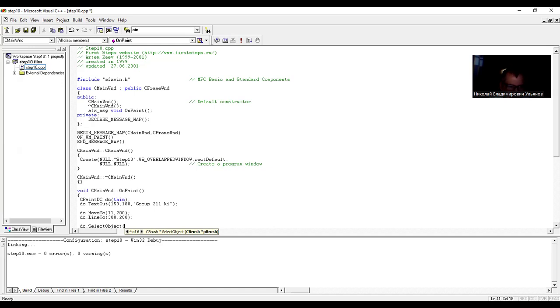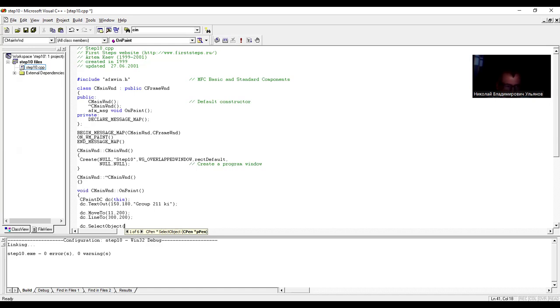We may select the brush, the background, for example, of some geometric figures, closed areas. We may select a font. And we may select even the bitmap. Okay, so to change the color of the line, it is necessary to select the cpen